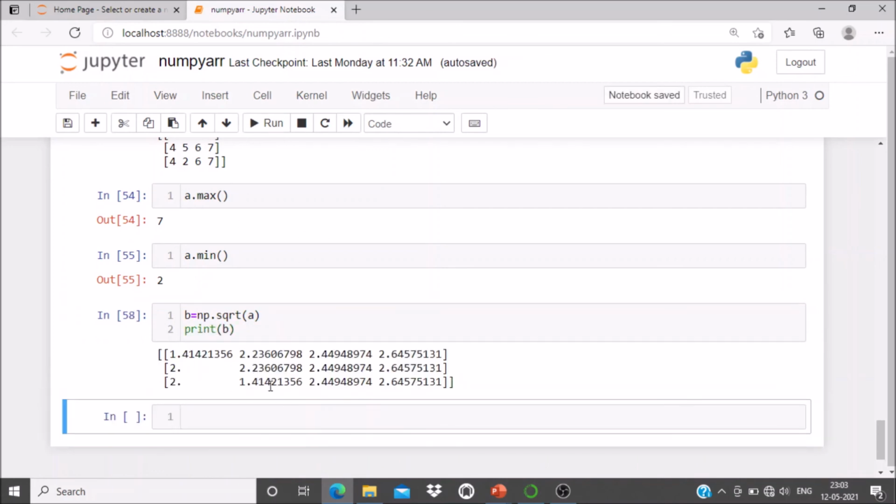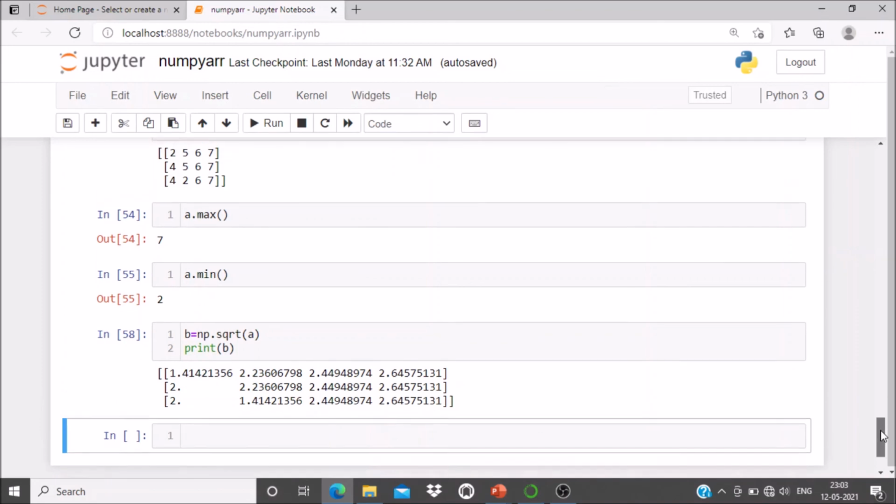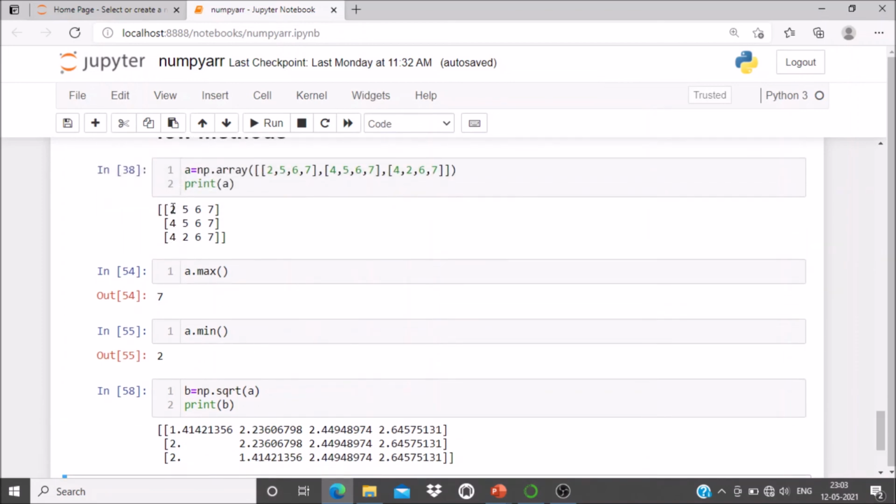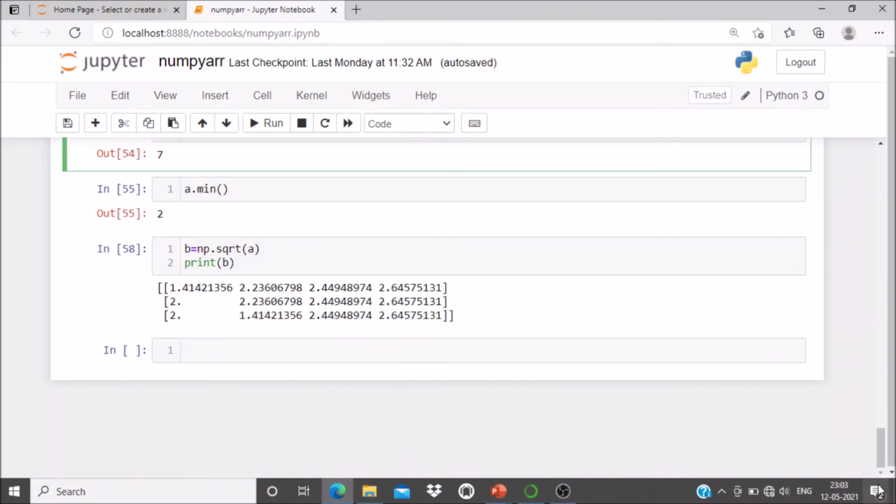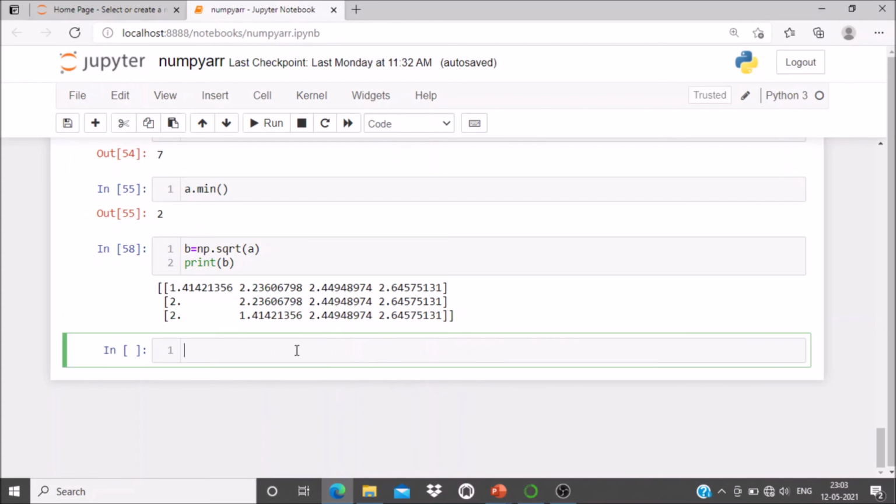So you have found the square root of each element. What is the square root of 2? It is 1.4142. What is the square root of 4? This is a 2. Now after having that, we will do some addition, subtraction, multiplication and division on the numpy